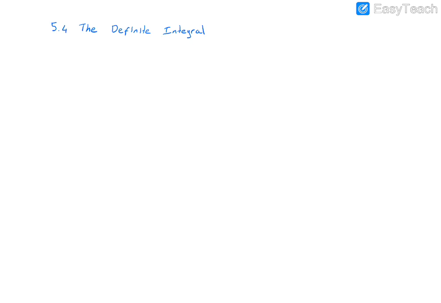In the first three sections of chapter 5, we focused on the indefinite integral. But it is time to introduce the definite integral now. The definite integral is used to compute areas, probability, average value of functions, future value of a continuous income stream, and many other quantities.